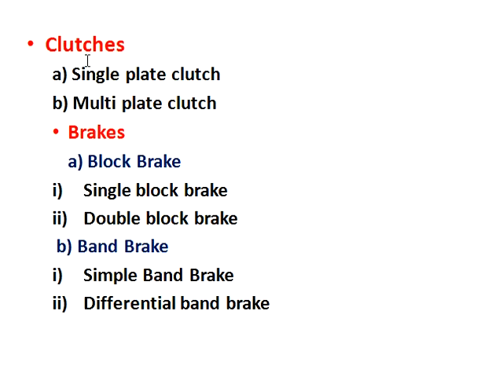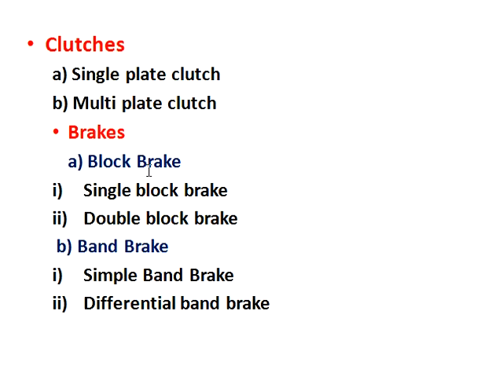So first topic what we studied under this chapter was clutches. There were two types of clutches. First one single plate clutch, second one multi plate clutch. Second concept that we studied under this chapter was brakes. Again, this brake was classified into two types. First one block brake, which is also known as shoe brake, and second one band brake.